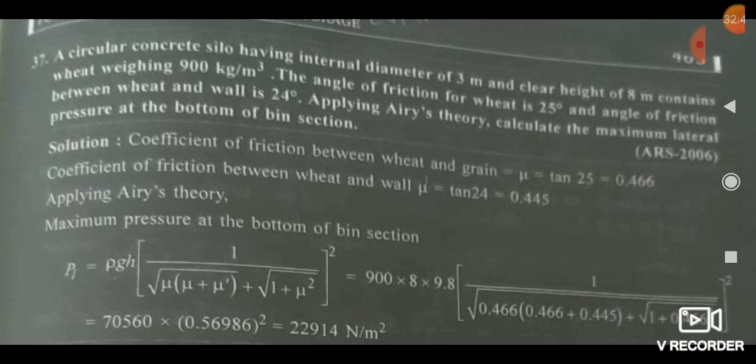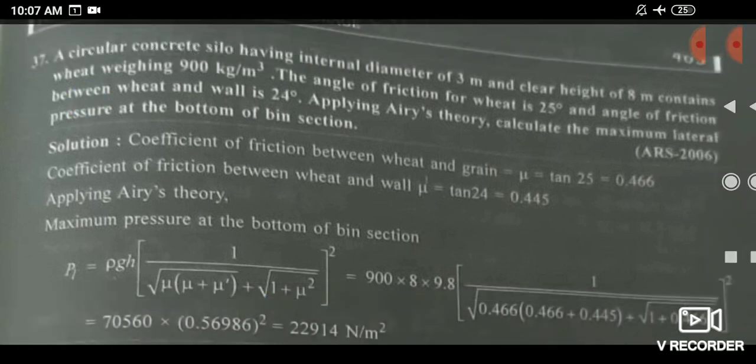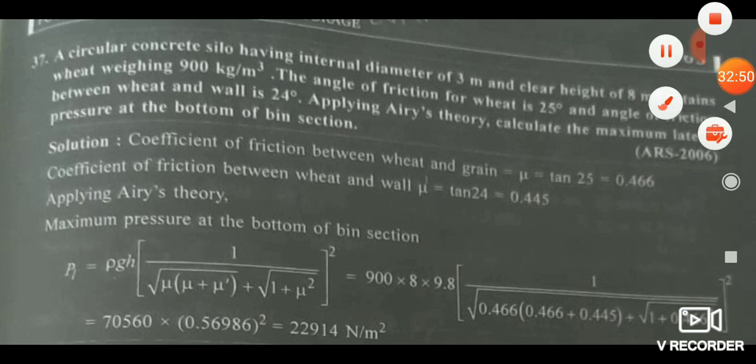Friends, here you see that it is multiplied with g, meaning 9.81. That's why you get the pressure in Newton per meter square. This is the SI unit, so you should always multiply the pressure with 9.81. And friends, you should do it by the GATE calculator, because the equations are large, and if you practice from now, then you will be able to crack the examination in a perfect way.